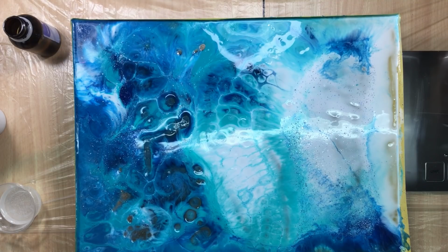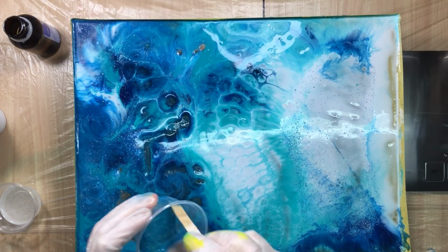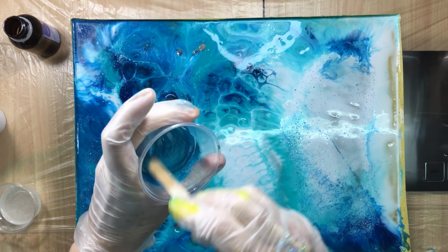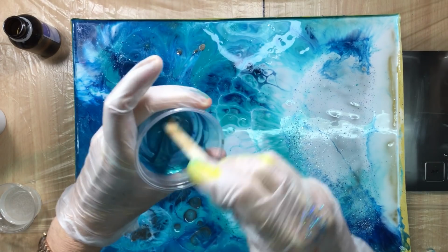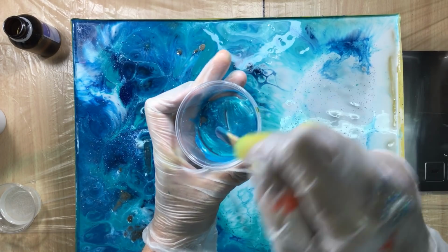Just a little bit. Because I think this looks like a sort of turquoise, in between the turquoise and the other color. So I think that'll go really well together. You do have to give it a little time to get into that resin. But as you can see, it doesn't take too long before it's totally